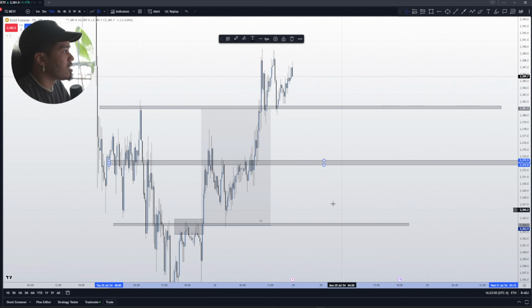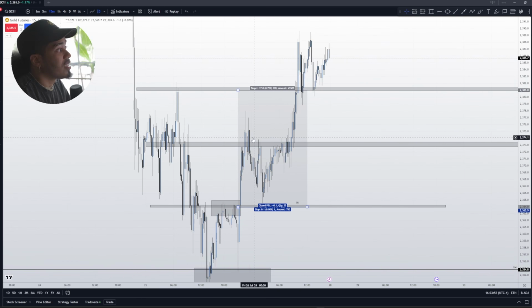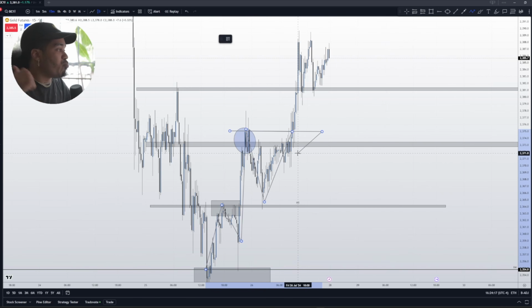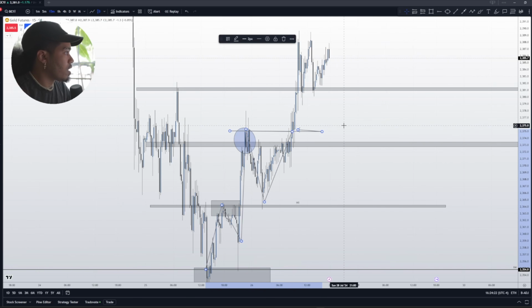Now, where would I look for another entry point? We could say from the break of this high now. Remember, we created a high here, and look how price just came right back in. So this high, higher low, this high, and then we have a higher low, retesting that high. All we wait for is price to what? Break these highs here. If price can break these highs, and it makes sense, we have price action confirmation where we have rejection, we have a bullish engulfing bar. Guys, I am entering again, clean confirmation.